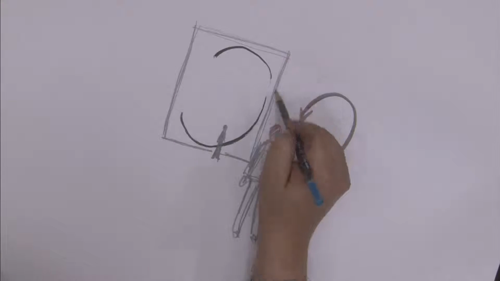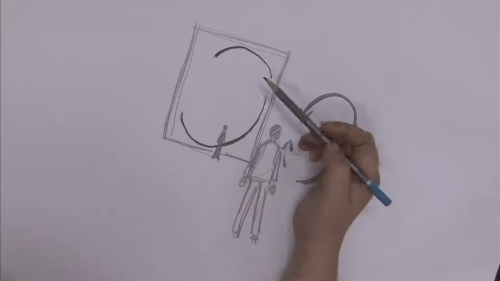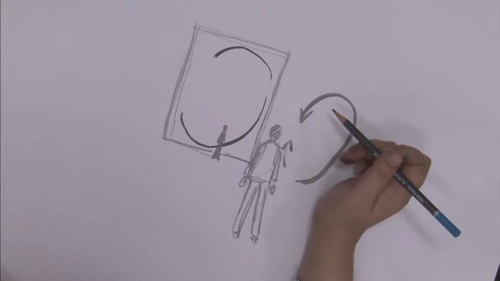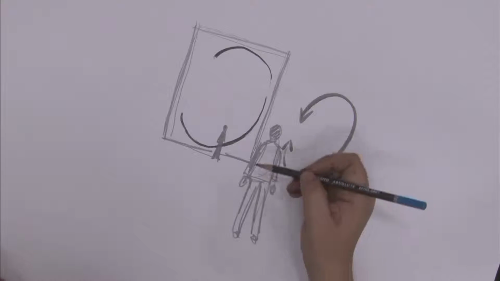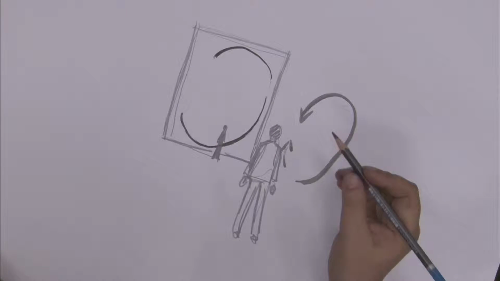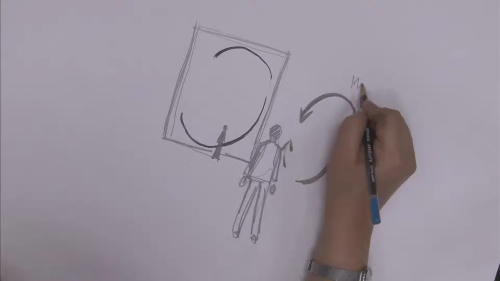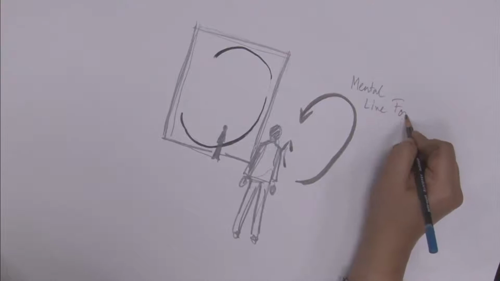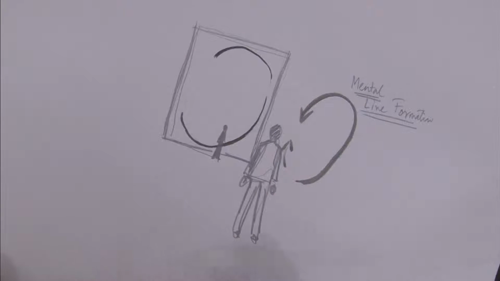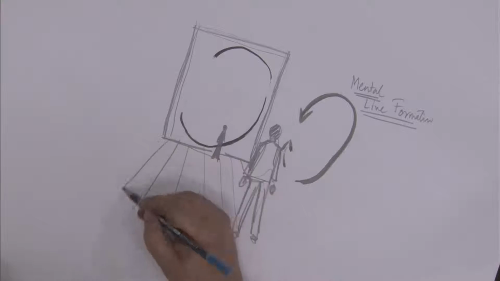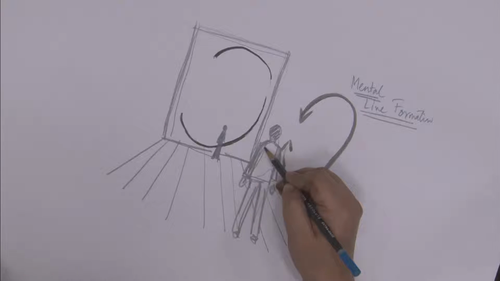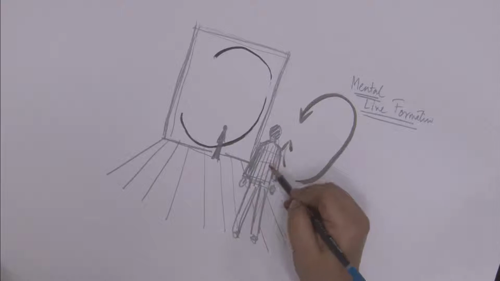So, unless we have a holistic vision, we may not make use of the psychic formation of line, what is known as the mental line or the psychic line. They may not be as effective as when you take a far away view, you see it from a rear view and you get the form right. So, while using the mental line formation, we will have to be extra careful regarding the viewer's distance from the object. If we keep the other aspects in mind, then we can get very interesting and effective results out of this